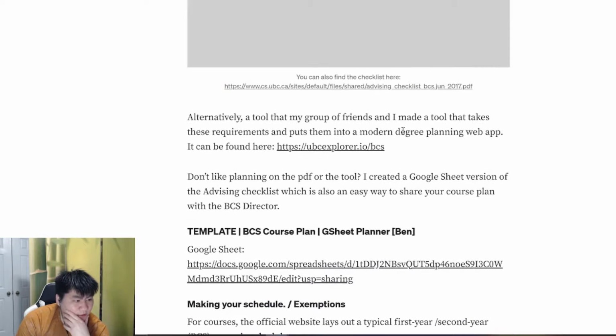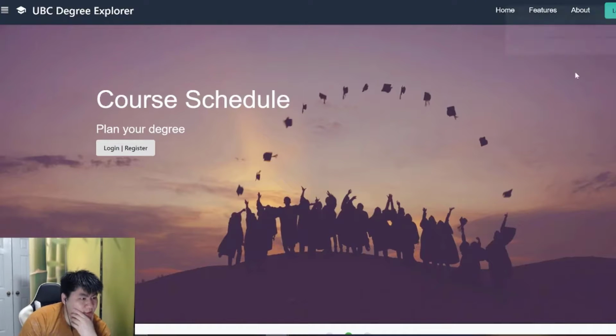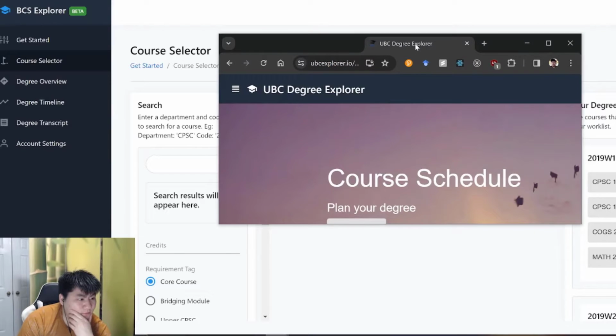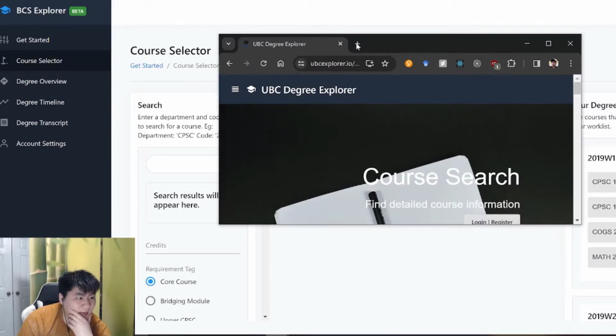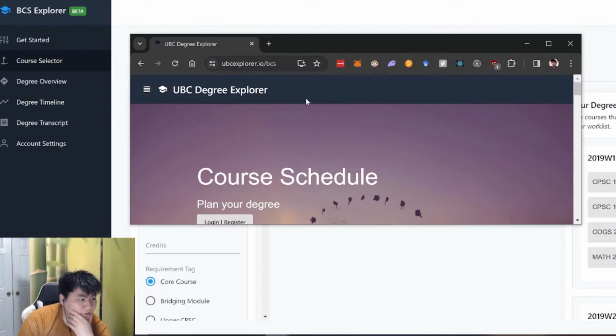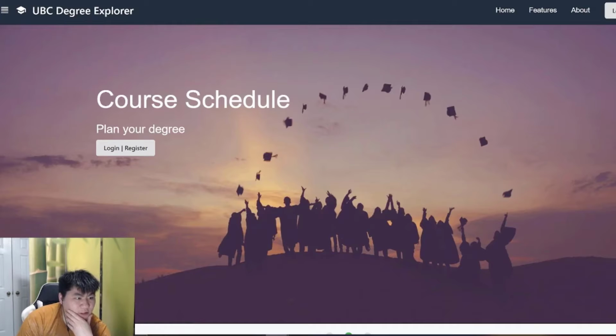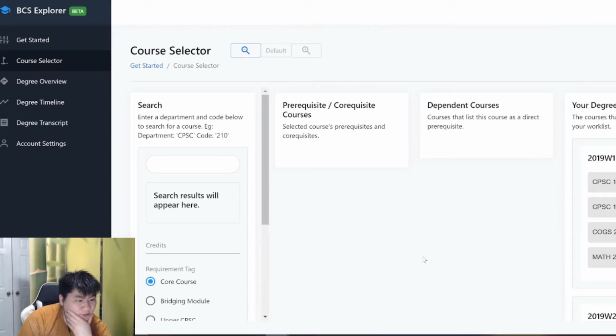Alright, so if you don't want to use planning in the PDF, a few friends of mine and I have built a tool for you called UBC Course Explorer. You can go to ubcexplorer.io/BCS. Links will be in the description, and you can just log in, and then you'll be greeted with this course selector where you can search the course. For example,